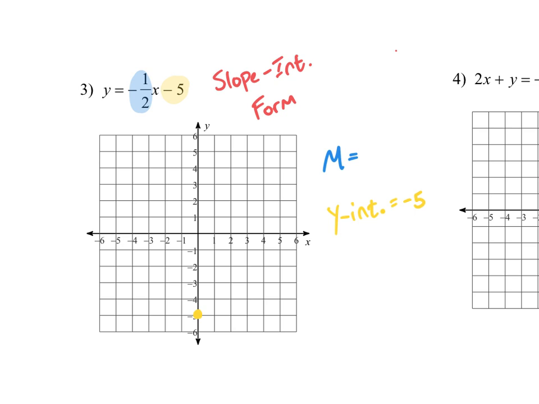What is the slope here? -1/2. Now, here's the part that students really struggle with. It's -1/2. Does that negative go to both the top and the bottom number? Does it go to one of them? How does it work? Here's what you need to think. The negative is not going to go to both top and bottom. It will go to one or the other. So, a little side note here, that means your slope is either -1/2 or it is